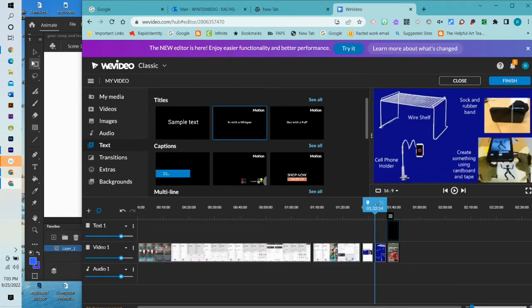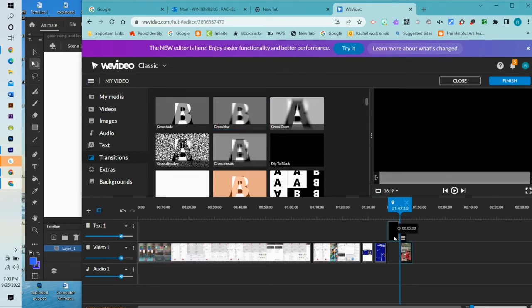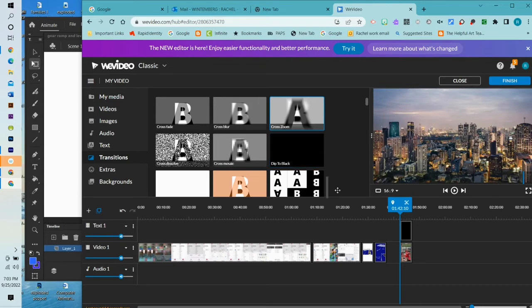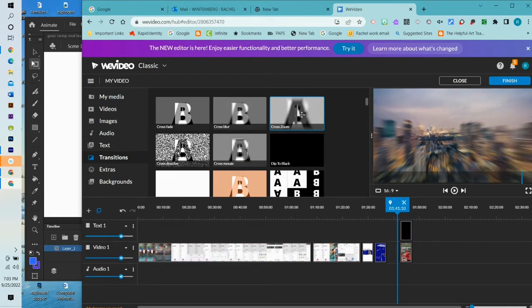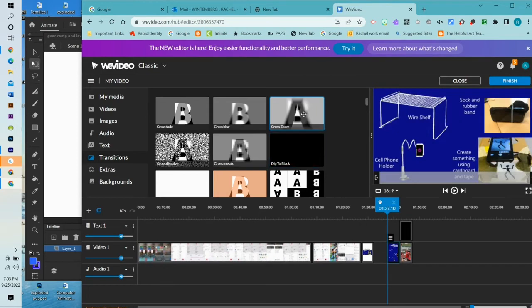Transitions can be effective, but they can also be distracting. If you use too many fancy transitions, what'll end up happening is it can actually distract from your work, and it might cause you to look very amateurish as a filmmaker. So be very careful. If you do choose to use a transition, like here I'm using a cross zoom,